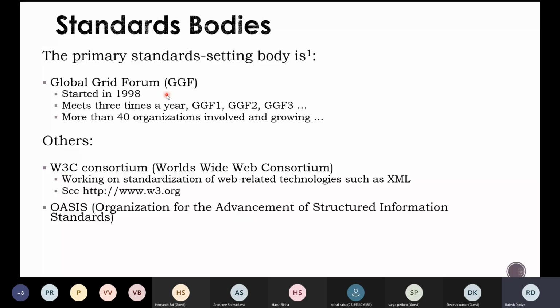So basically, these are the standard bodies which look after the development of grid computing. One is more often concerned with the development of web services, another with the development of your OGSA architecture, and this one is concerned with developing the toolkits which provide the end services to all the grid computing applications.